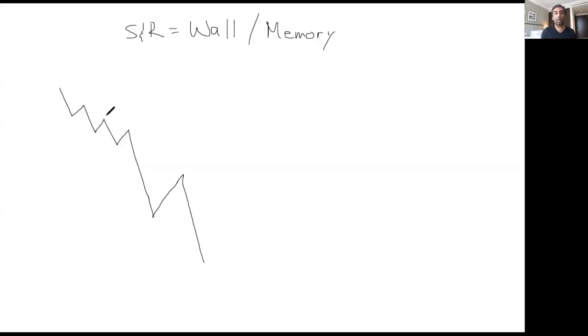So I can draw a line here saying, oh, look at that SNR, beautiful. Look at that SNR, beautiful. There's a support right there. There's a resistance right there. There's a support right there. Now that I'm done drawing all this, I've reached the conclusion that I see more lines on my chart than the price itself, right? My chart is now full of all these lines going across and I'm going nuts. I don't know what these lines are anymore.